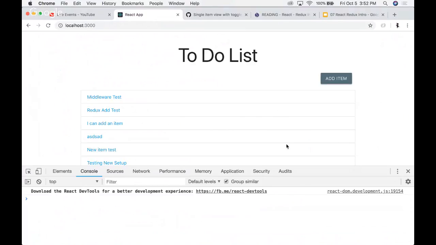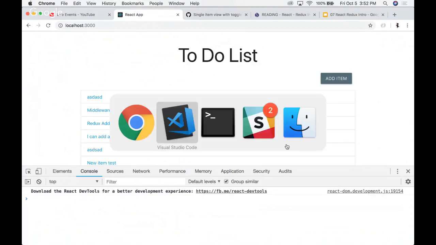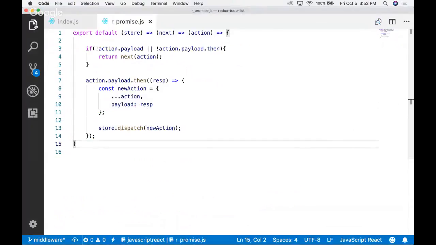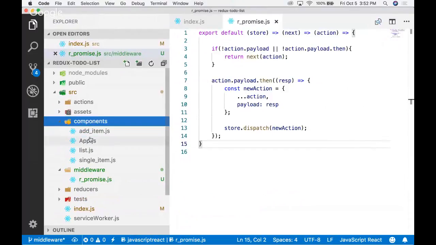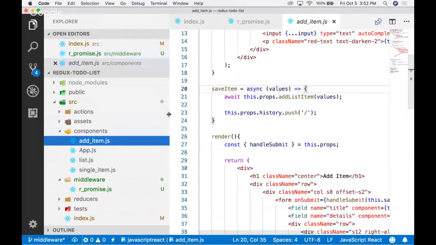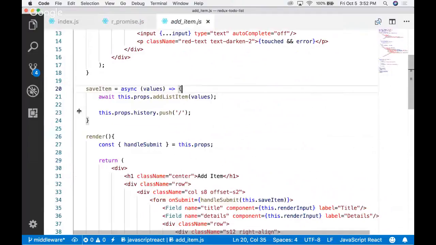So when it comes here and pulls the data, the new item hasn't been added yet, so I don't see my item in the list. So if we go to the root of this problem, if we go to our add item, save item, right here, when we're calling add list item, one of our action creators,